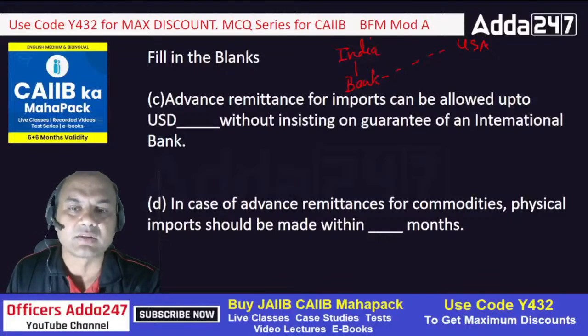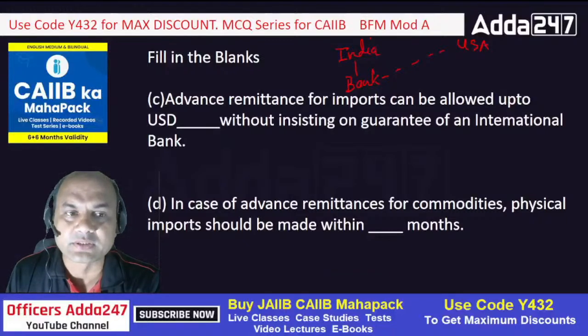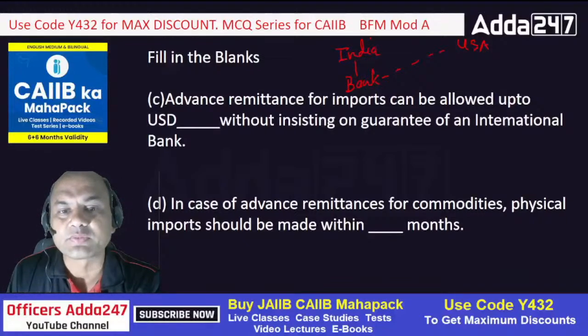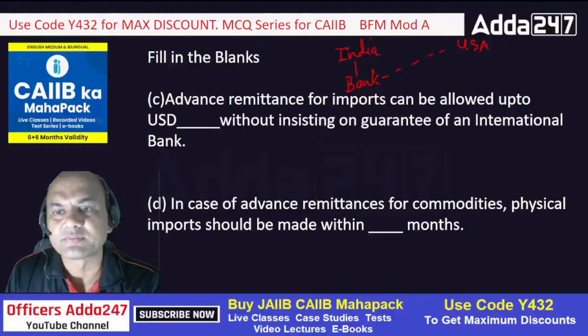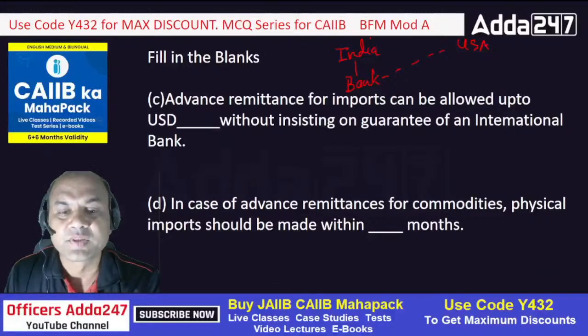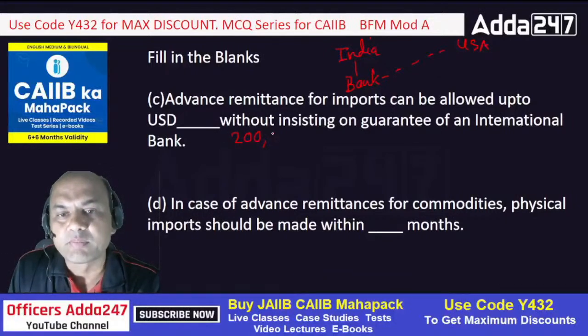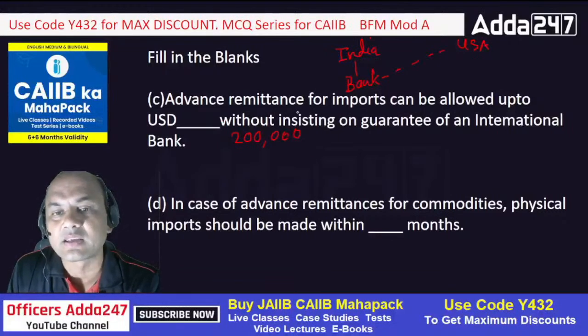So up to what amount is it allowed? If this question comes in the exam, what is the answer? Is it USD 2 lakh, USD 3 lakh, USD 5 lakh, or 10 lakh? The answer here is USD 2 lakh. So up to USD 2 lakh, my bank can give the guarantee without any counter